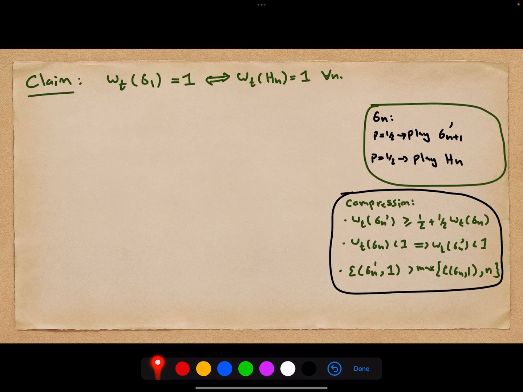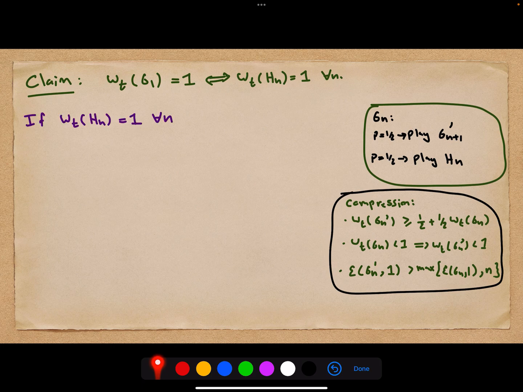Okay, our claim is that the quantum or commuting operator value of the first game of this new family that we defined is 1 if and only if every single member of the original family we wish to supercompress has a quantum or commuting operator value of 1. I put T here to illustrate that this proof works for both the quantum and commuting operator values. I've also put here, for our convenience, a small description of the family of games and the guarantees that our compression result gives us so that we can more easily see the proof of this claim.